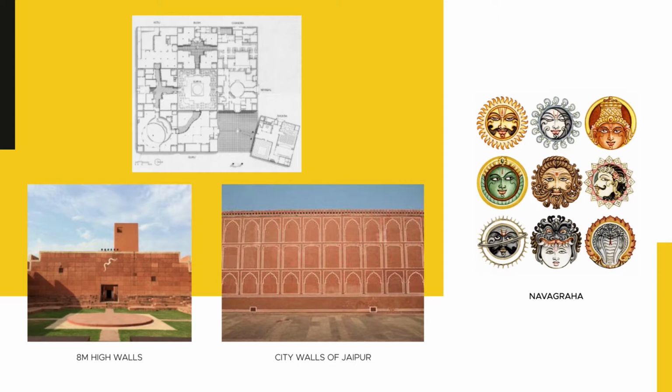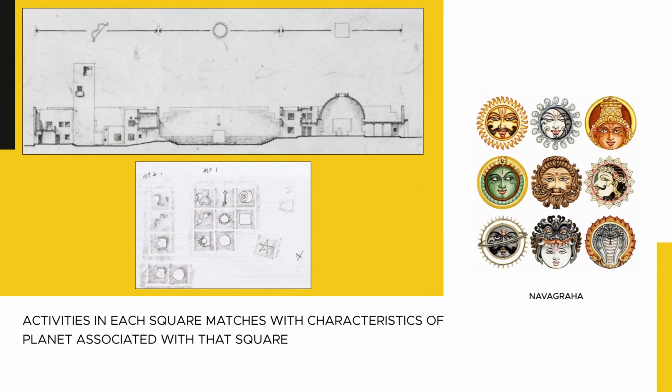As in the plan of Jaipur city based on the 9-square yantra, in which 1 square is displaced and 2 central squares combined, in Kendra, the squares are defined by 8 meters high walls and are a symbol of the fortification walls of the Jaipur old city. The squares correspond to real and imaginary planets, such that each becomes the symbolic representation of the setting. Externally, the planets appear on the red sandstone facades as symbols inlaid in white marble and granite. At the same time, the plan configuration of 9 squares corresponds internally to the mythical qualities associated with each planet.